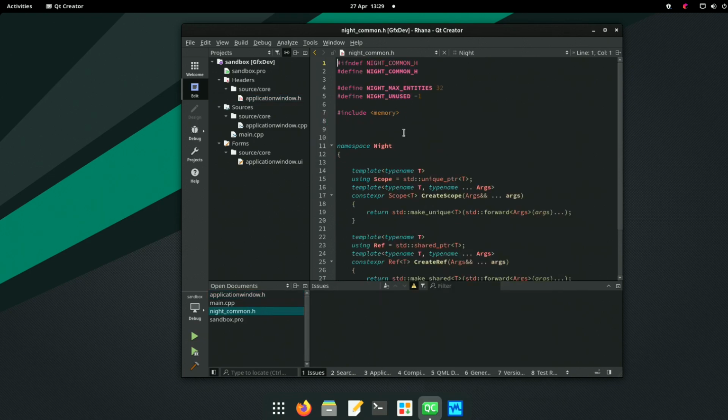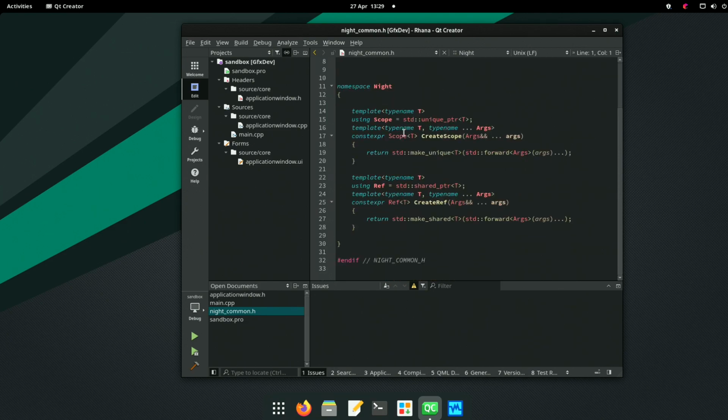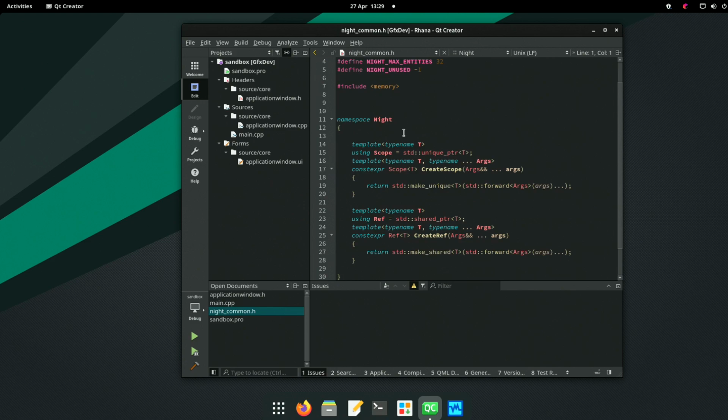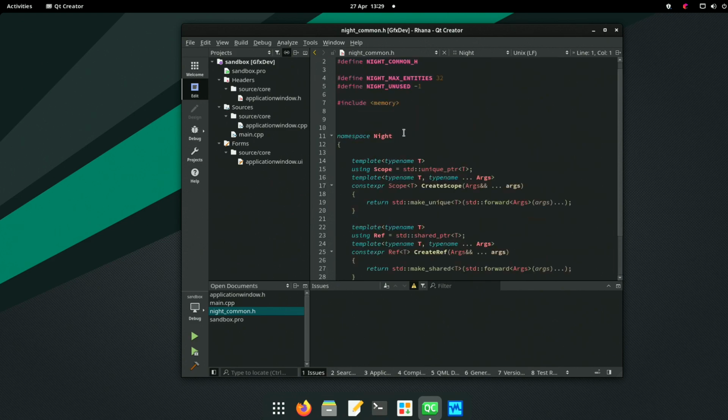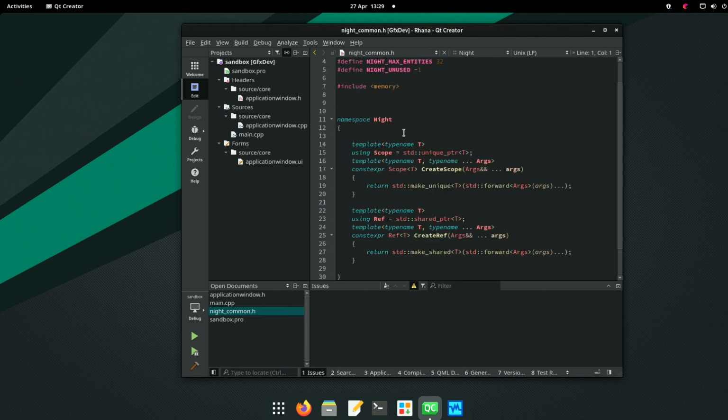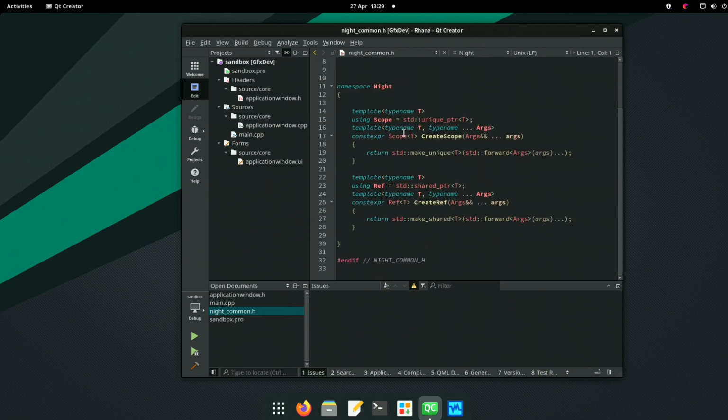So follow symbol under cursor. Hash include memory. That's all it does. What file isn't found? That doesn't make sense, does it?